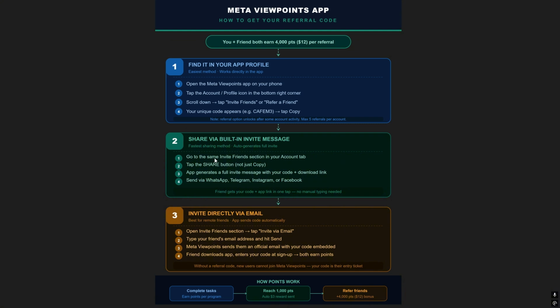Go to the same invite friend section in the account tab, tap the share button, and the app generates a full invite message with your code and download link. And you can then send it via WhatsApp, Telegram, Instagram, or Facebook, whatever,